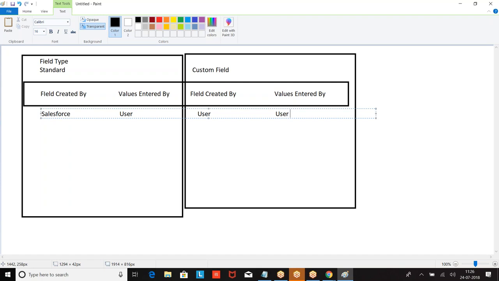Now, some of the standard fields, it is a standard field only. Any field which is created by Salesforce is a standard field. Right? In some of the fields which are created by Salesforce, the values are also entered by Salesforce. They are called system fields.